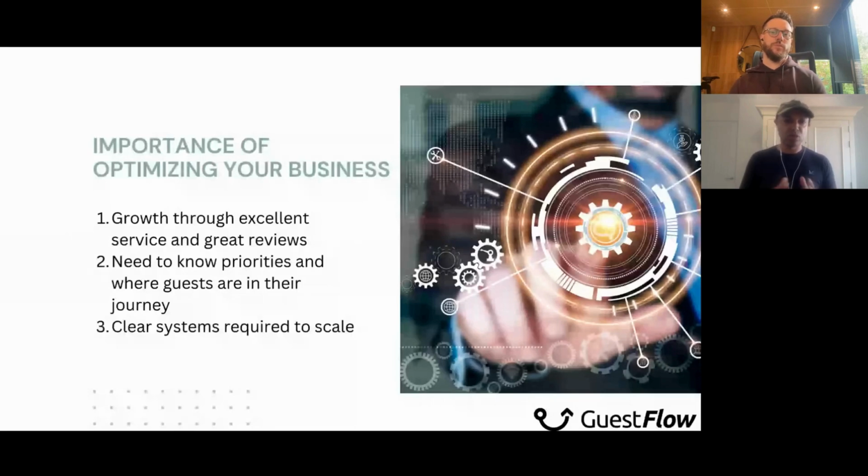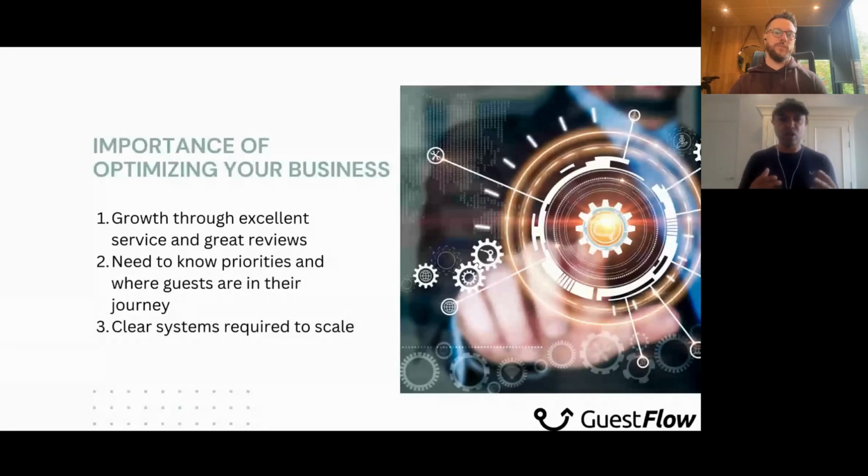When the business is small, it's relatively easy to stay on top of things because it's mostly the founders of the business that are dealing with everything from a day-to-day perspective. They're super focused on delivering a fantastic experience for their guests. They stay on top of things. They've mostly got it in their heads. They don't need to necessarily write a lot down. They're dealing with 1 or 2 or 3 bookings a week. It's relatively easy to manage.